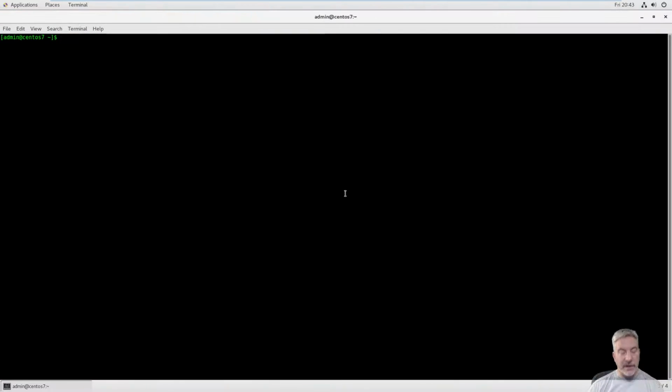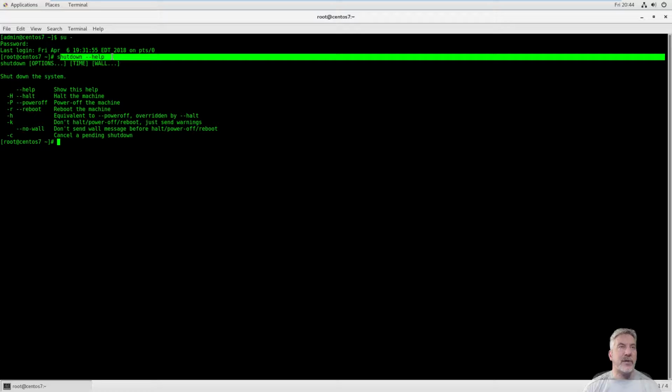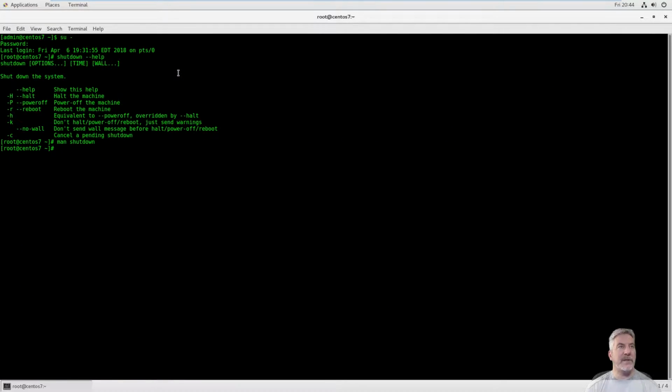So I'll make that full screen again. And I'm going to use my su command to become root. We'll talk about that later. But if I look at shutdown, I can see that I can run it with -h or --halt. You'll notice that I ran the --help. This gives me a different output than if I ran a man command. Man is much more detailed and gives you a lot more info, usually some examples as well. Not really too many in this case, but